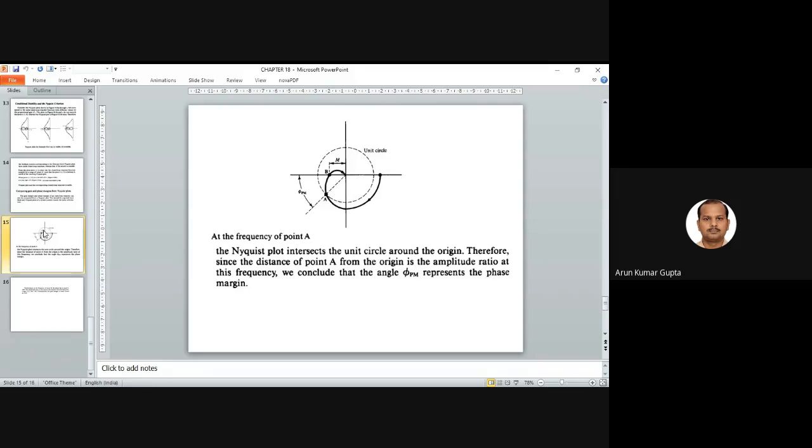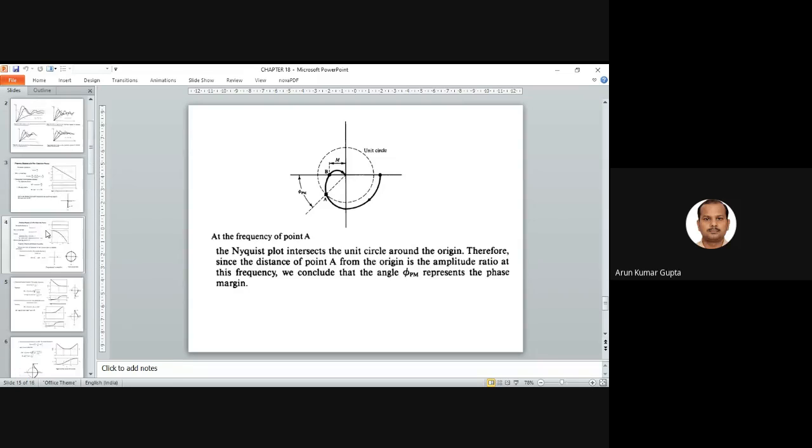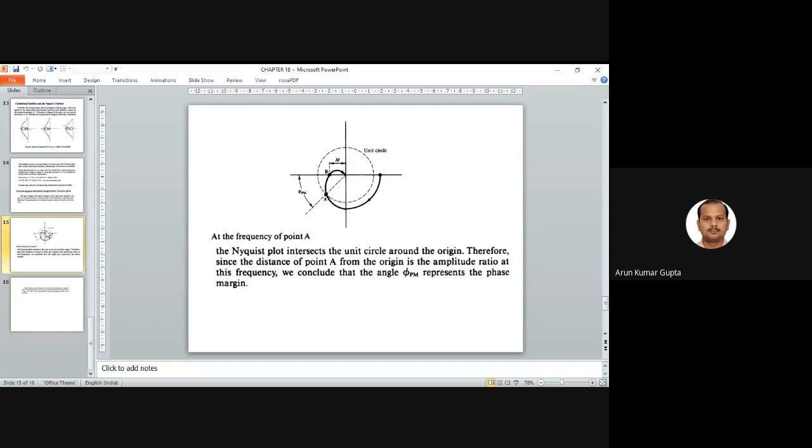If you remember, I think I have not shown it here. Okay, I must put the same diagram here also. As you know, gain margin is where the phase angle is minus 180, right? The phase angle of minus 180 corresponds to the gain margin. At minus 180, if you draw a line, let me check if I have the same folder here. I will show it. It will be on slide 16, I think.